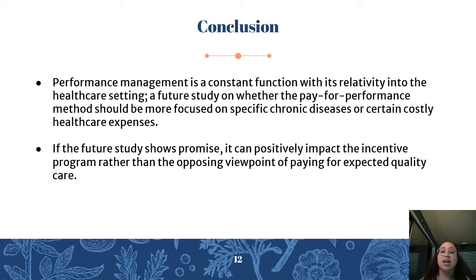Performance management is a constant function, and with its relevance to the healthcare setting, a future study should be done on the pay-for-performance method on whether it should be more focused on specific chronic diseases or certain costly medical expenses. If the future study shows promise, it can positively impact the incentive program rather than the opposing viewpoint of paying